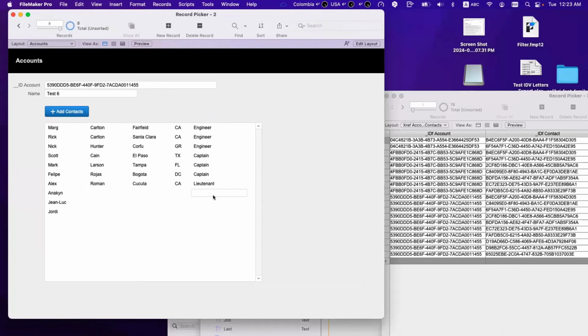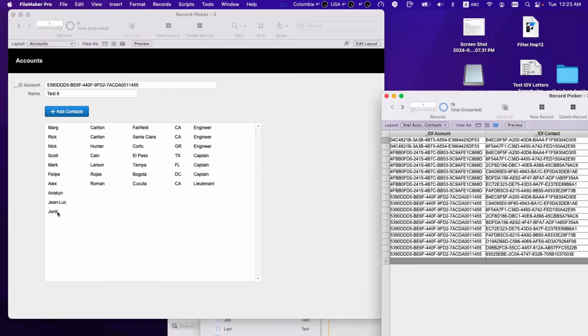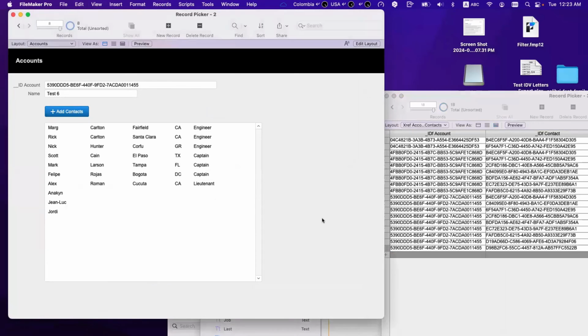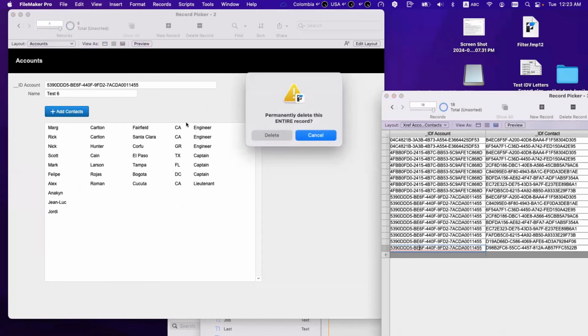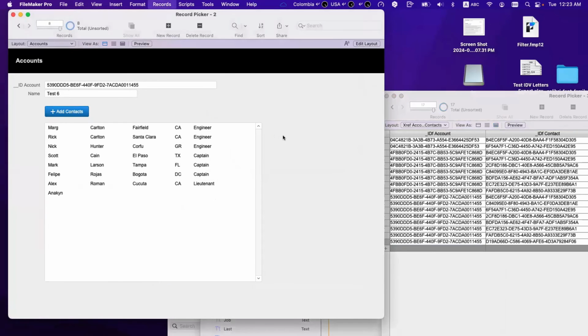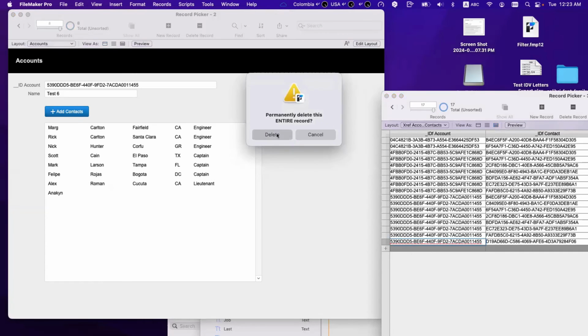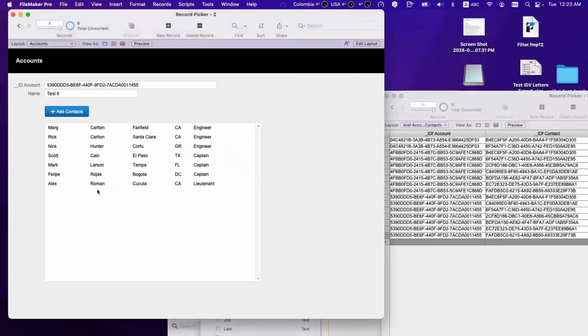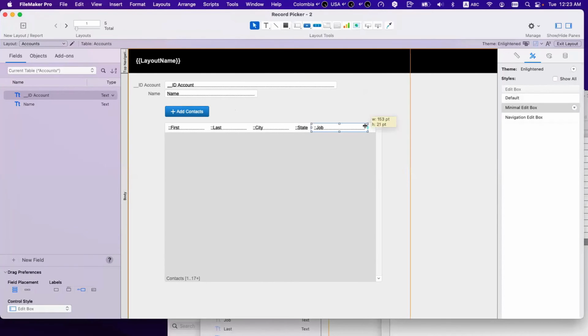right? But there's a problem. If I'm deleting something here, I don't want to delete the contacts. I want to delete this. That means if I want to remove Jordi, I want to remove this record here, the record in the cross-reference table. Okay. I mean, I don't remember which one I removed. See? If I remove this guy here, gone. I want to, but I don't want to remove the contacts,